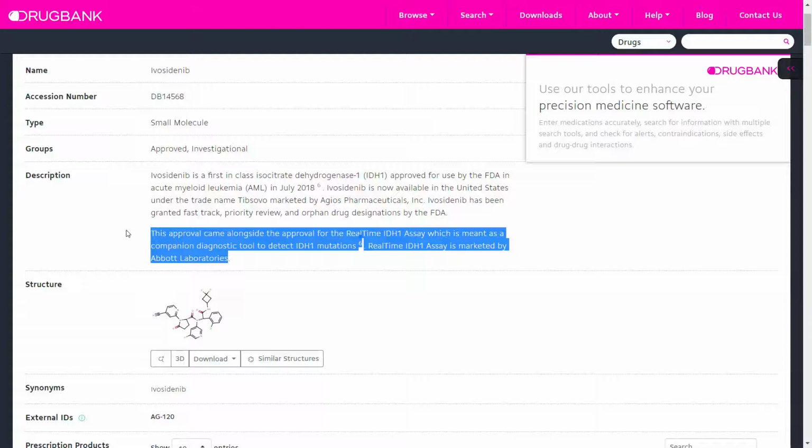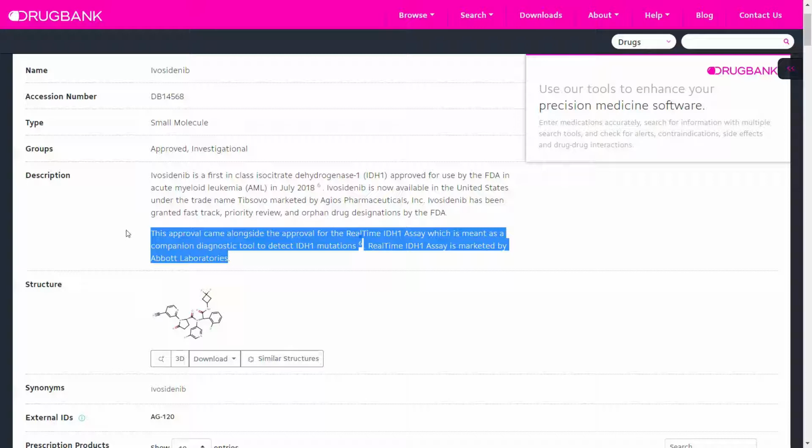FDA companion diagnostics are tests that analyze variation in the sequence, structure, or expression of DNA and RNA in order to diagnose disease or medical conditions, infections with an identifiable pathogen, or determine genetic carrier status. These tests help us to determine whether a drug should be administered to a patient or should not, based on